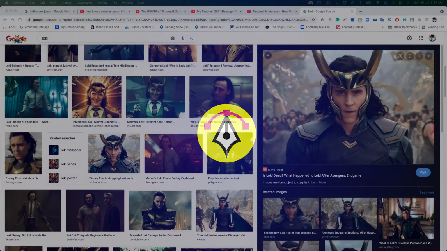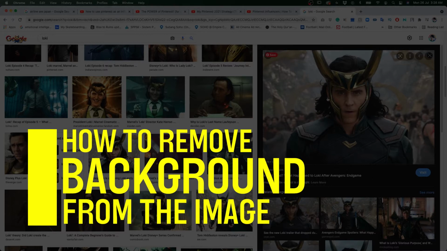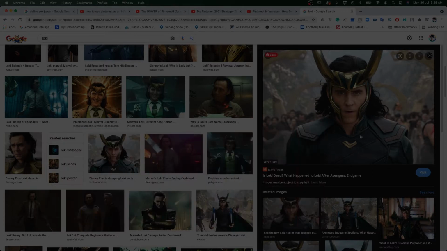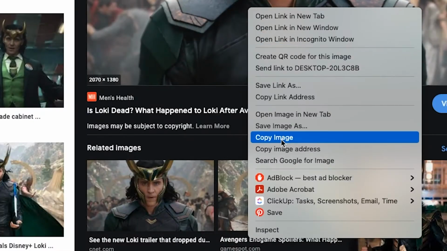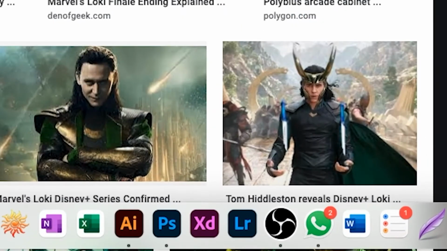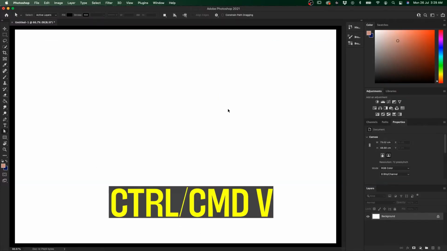Hello there! Today we're going to learn how to remove the background from the image, or better yet, whatever object that we want, and remove whatever's behind it. Okay, so for an example that we can get here is Mr. Loki here. So you copy the image, open your Photoshop, and then what you do is Control V or Command